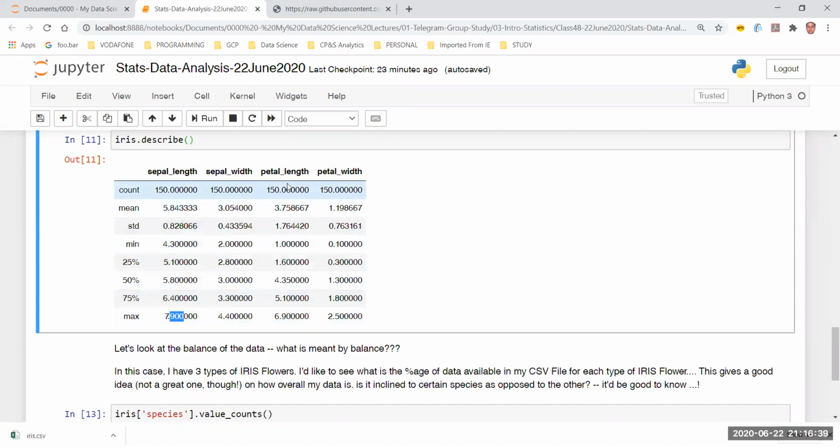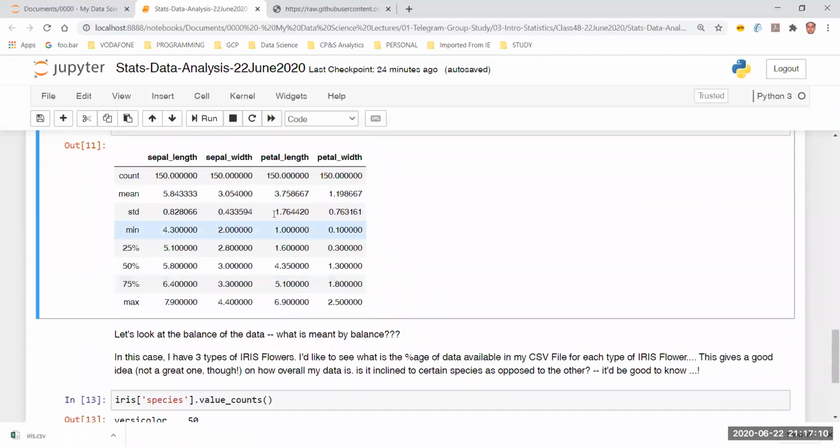So in this case, clearly, we could understand that petal length might have outliers because it has the highest difference between 75% of the data and the max value of the data. It also has the highest difference between the mean and the max value. You see, mean is 3.75, max is closer to 7. So it's kind of closer to double. So it is quite possible. I'm not saying it will be there. It is quite possible that there is a presence of outliers, but then it's quite minimal. It's not really a very big problem right over here.